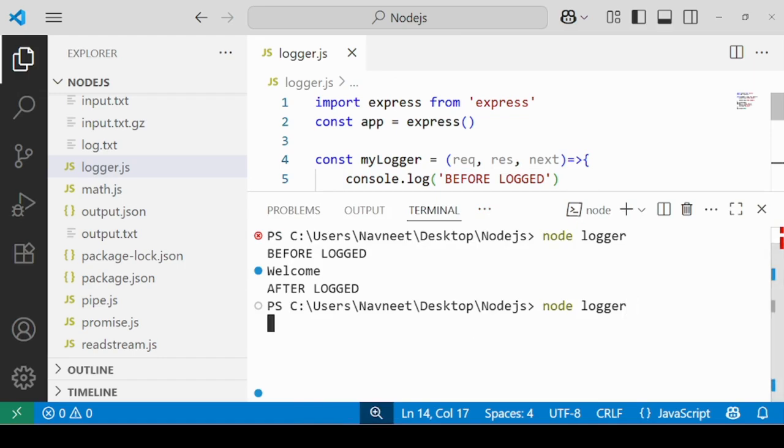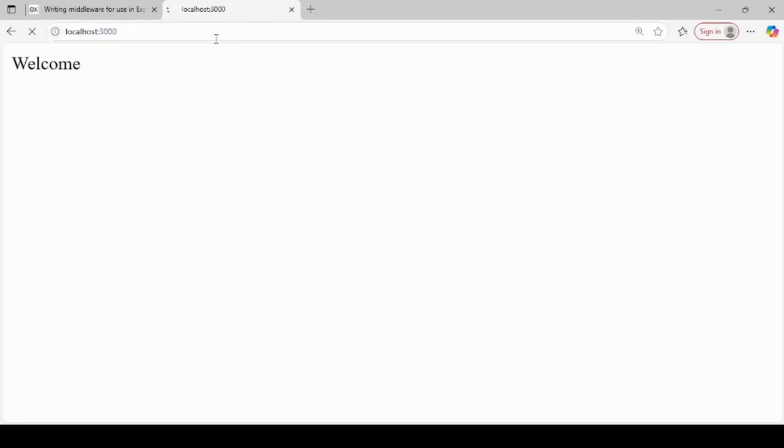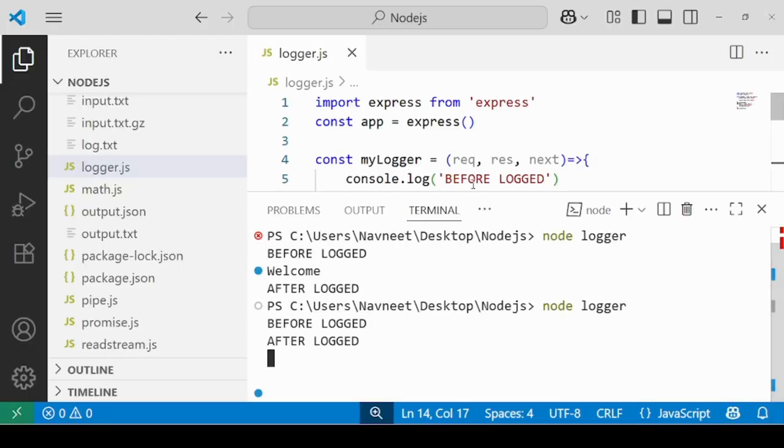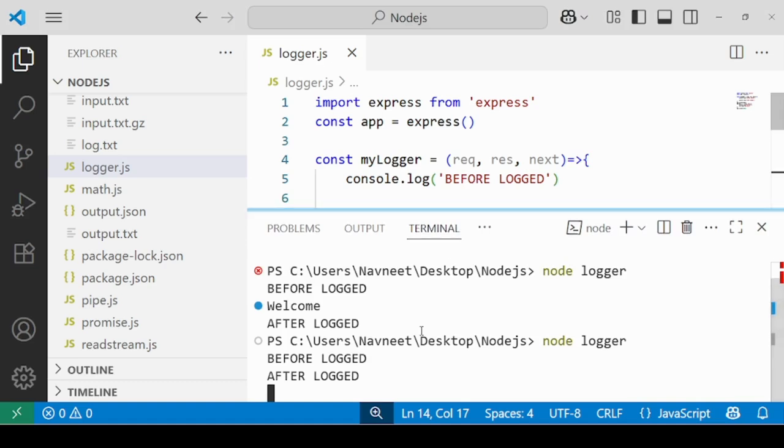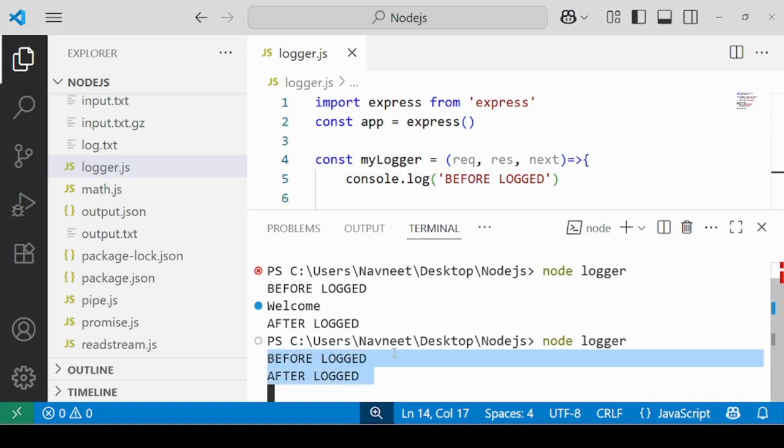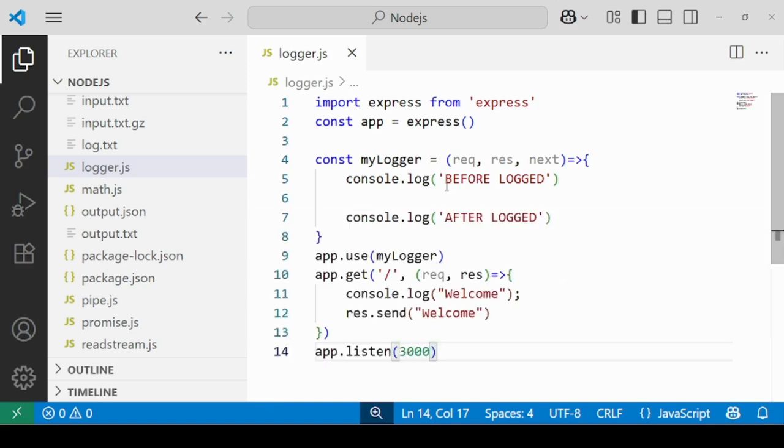Node logger. Now when you go back, what you see is that this time your tab, meaning your server, is loading. It is just printing before logged and after logged, and it's not going to the actual route where it should. Why did this happen?